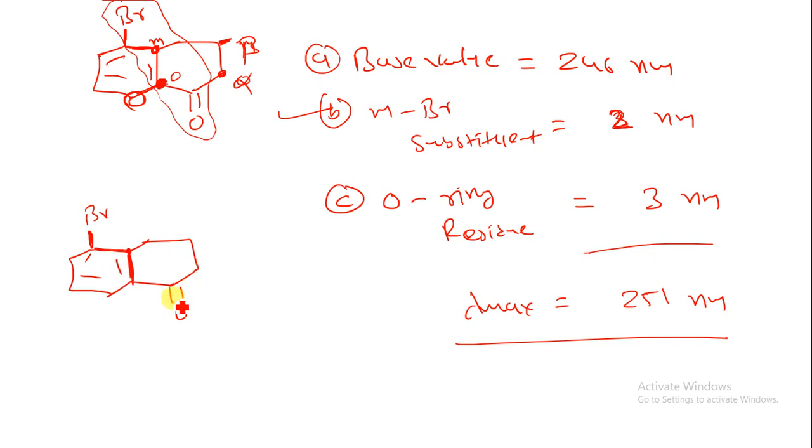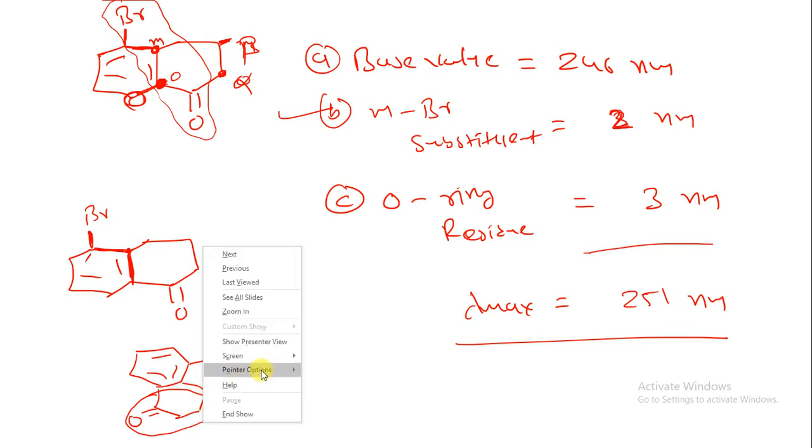Okay, so let us draw this structure by another way. I am drawing this structure like this. Suppose I am having a Br group over here. Now in the second one I am having this type of ring. Here I am having double bond O. Suppose I am not considering this as a ring, let us consider this is not having any ring.